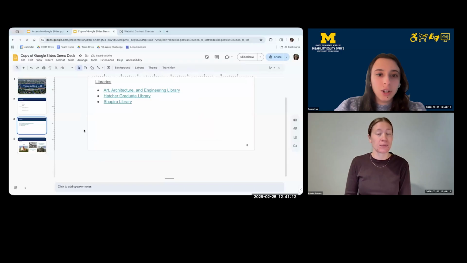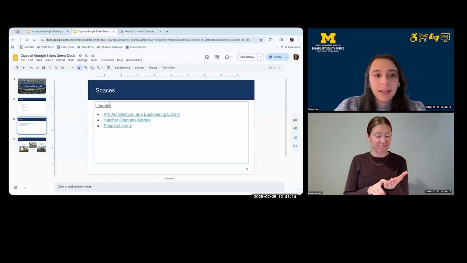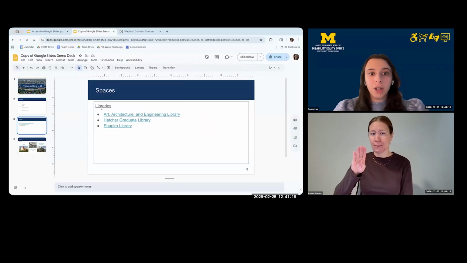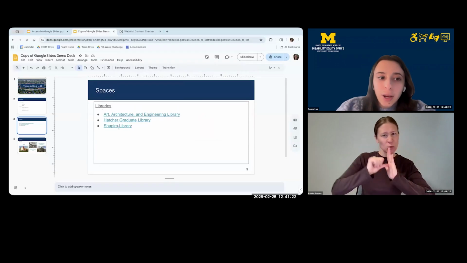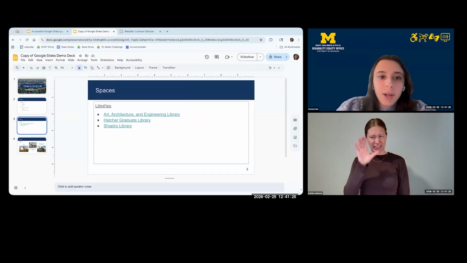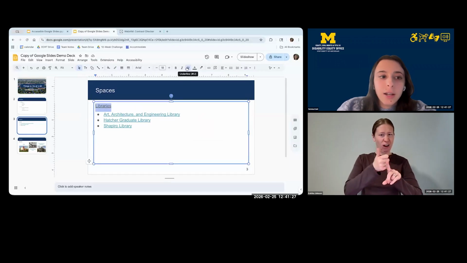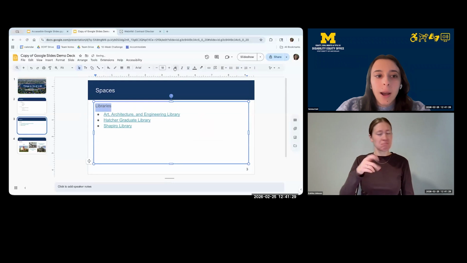One more thing I want to adjust on this slide. I had this text libraries before my list, and it was underlined to emphasize it, but now it looks pretty similar to my hyperlinks. So I might remove the underline and just use something else to emphasize it, like bold font instead.